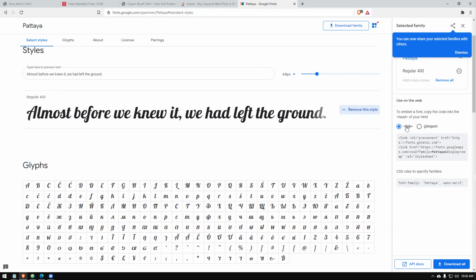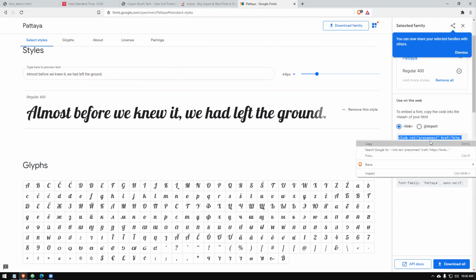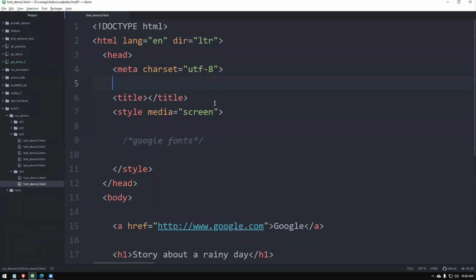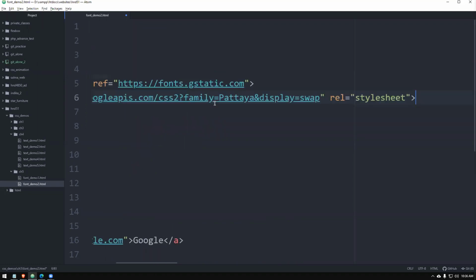So what you do is you just link that, or you can import this one. If you have downloaded it, you can import it. I think once you import, it gets cached in your computer and things like that. So you can do it in either way. I like to do it with the usual link command, right? So it's pretty simple. Just copy this piece of code, right? And go to your web page. In the head section, paste that code,